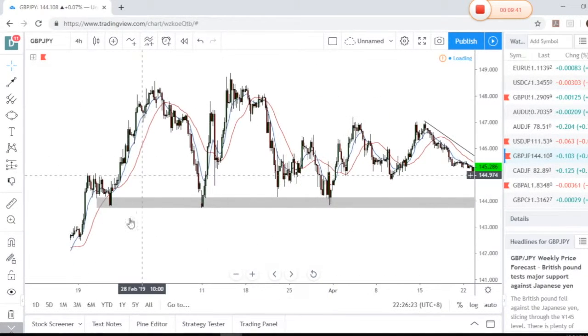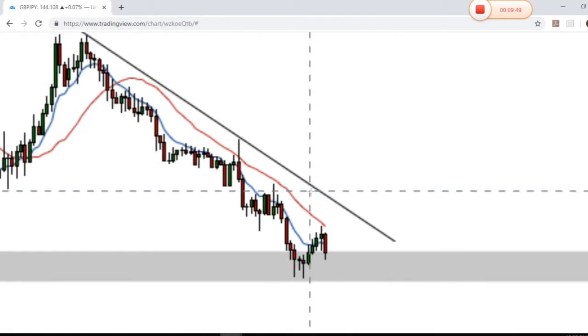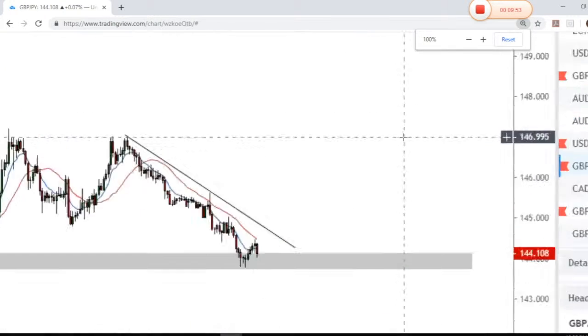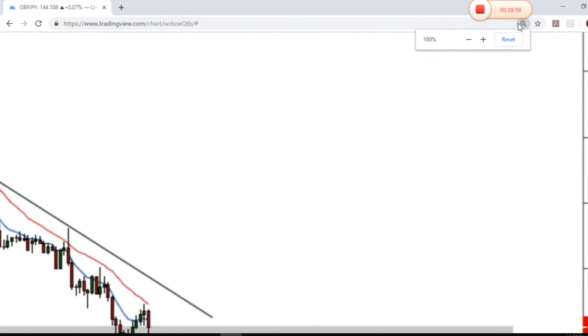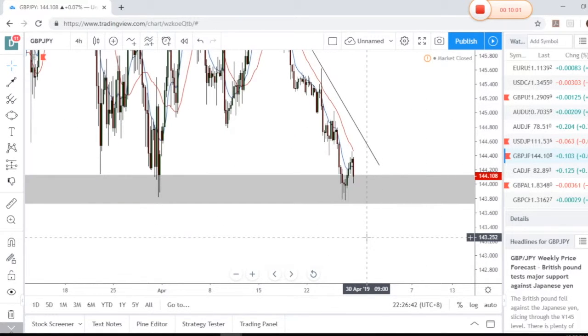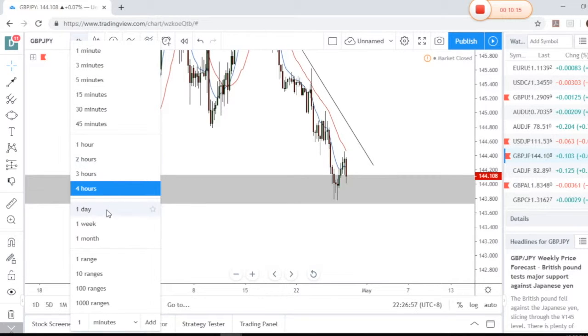You see on the previous market, the first touch went higher, second touch went higher, third touch went higher, and now currently it is at the fourth wave. So what I'm going to expect from this pound yen is, in the pound yen, we can see two rejection candles over here, right? And then we have a rally onwards, and now we have a slight retest back to this liquidity zone again. So this is going to tell me that the price is going to trade